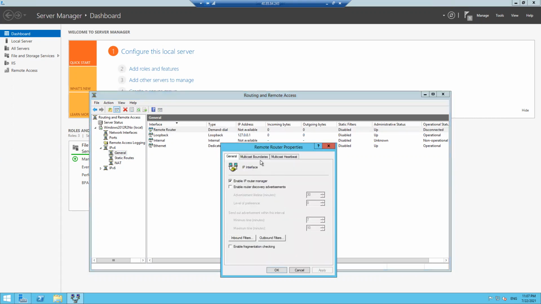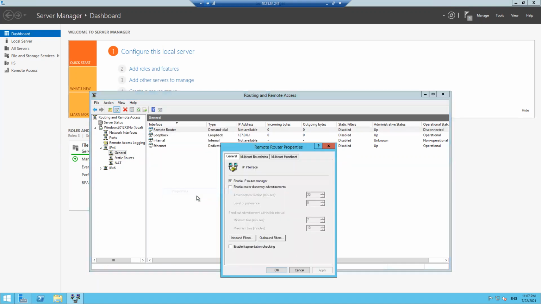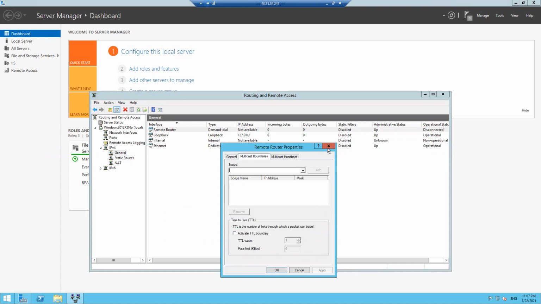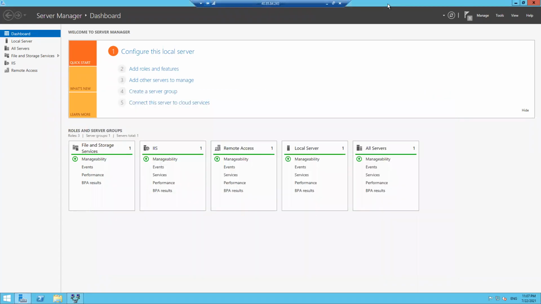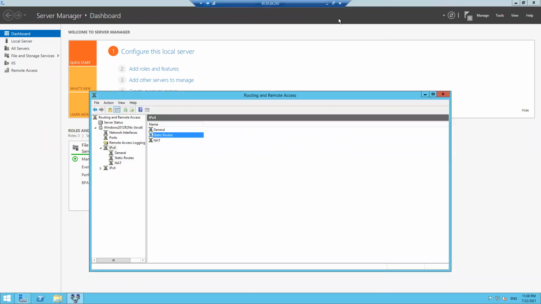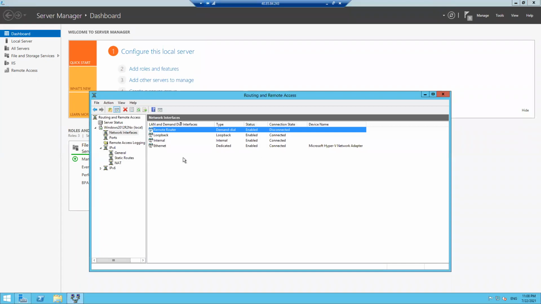Our remote route. Go into the properties. Still disabled. You just need to enable this one. Okay. Oops, it's just disappeared. Okay, on this